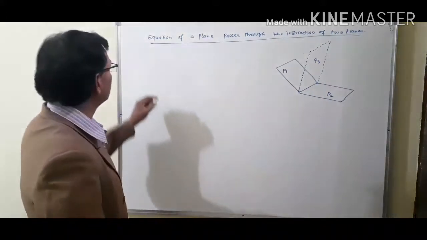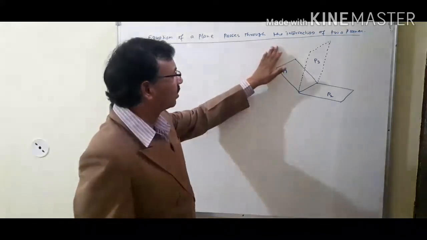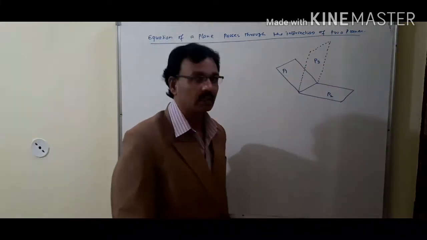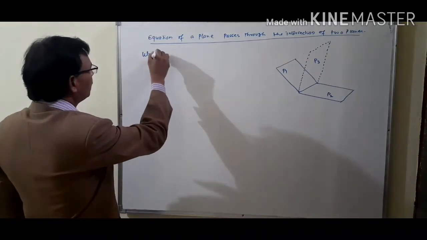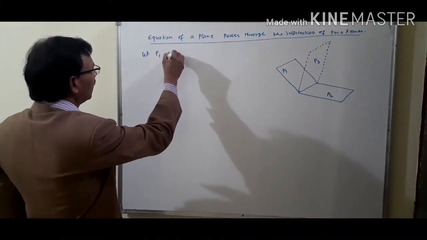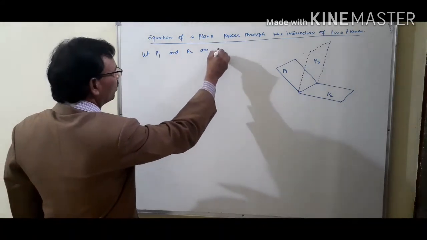Hello students, in this video we will discuss the equation of a plane that passes through the intersection of two planes. Suppose here P1 and P2 are two given planes